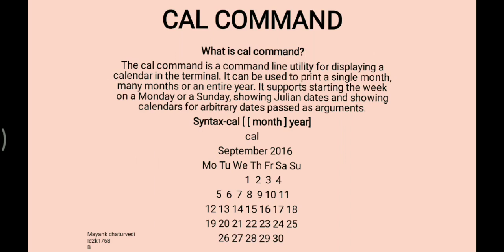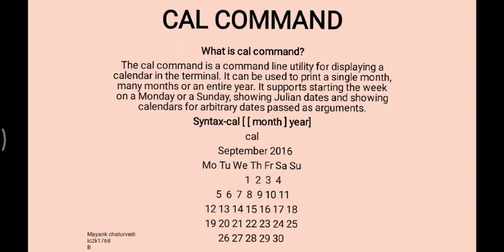The next command is the cal command. What is the cal command? The cal command is a command line utility for displaying a calendar in the terminal. It can be used to print a single month, many months, or the entire year. It supports starting the week on a Monday or a Sunday, showing Julian dates, and showing a calendar for arbitrary dates